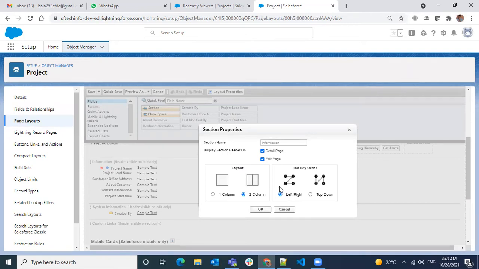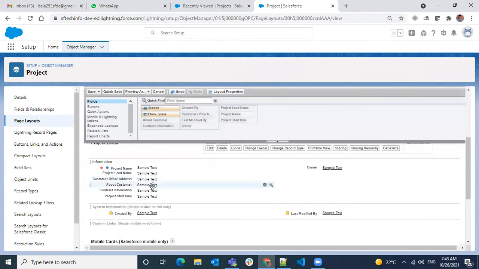So if you set this one, then you know to come here and arrange. It will automatically take care if you select this option, so it will not leave this white space. I'm giving it as a 2-column view, so I'm keeping it as this. And for now, I want to adjust this bit.